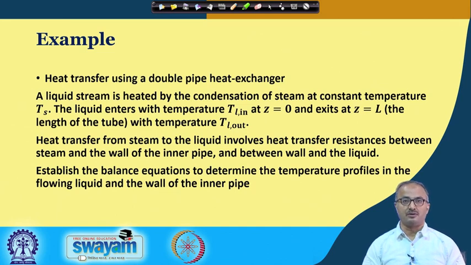So, this fluid is called the process fluid, and the fluid which is there to help in the heating or cooling of the process fluid is called the utility fluid. So, we have two types of fluids here. For example, if we have water which is to be heated up, to heat up the water we may use some other hotter water or steam or some other kind of fluid. So, this cold water will be considered the process fluid and the other water will be considered the utility fluid. Okay? Now, these fluids may be gas or may be liquid.